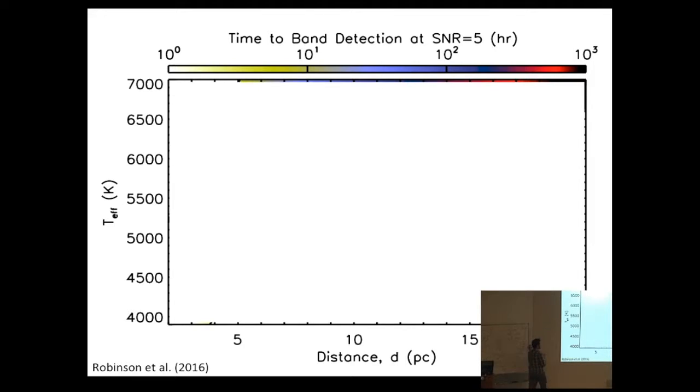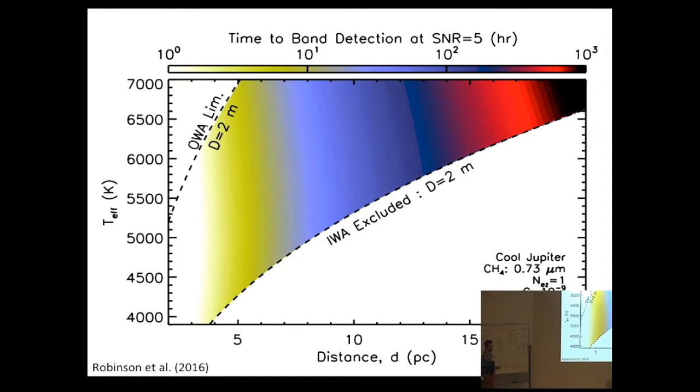And so what I've done is I've put that Jupiter at the same equivalent flux distance around stars of different effective temperatures. And then I've put those systems at different distances from us and looked at how long you would need to stare with WFIRST to detect methane. The band that I used, if you look here at the lower right, is the 0.73 micron methane band. The color contours are in integration time that you would need to detect that band. In this case, it's signal-to-noise of 5.